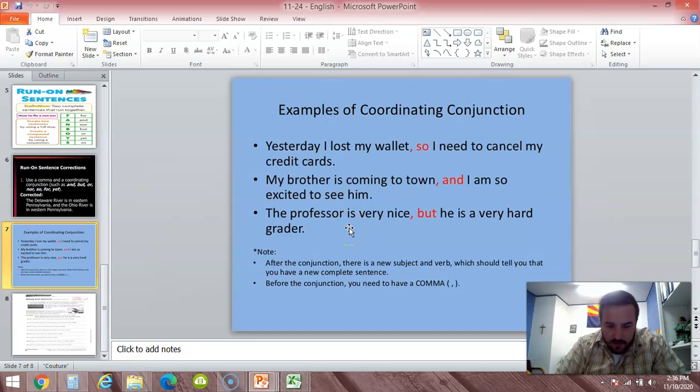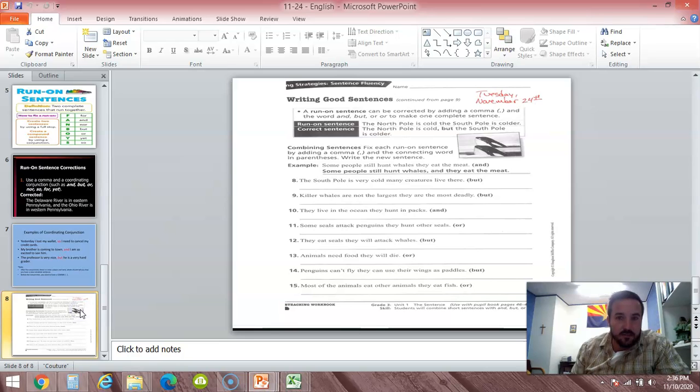That is perfectly acceptable because they all have two different thoughts, but instead of doing two separate sentences, they put a comma conjunction in there, which is a great way to fix it and make it a good sentence.